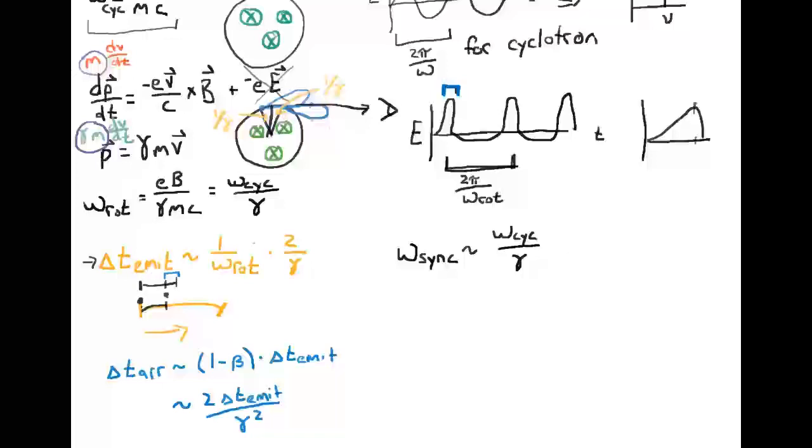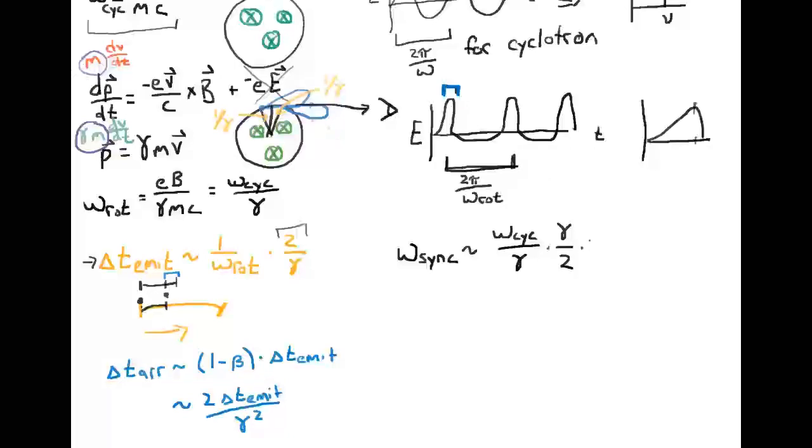But then the time interval over which it was emitted had a factor of 2 over gamma, which means that in frequency, which is inverse to time, we pick up a factor of gamma over 2, which comes from the fact that we just see the electron emitting for a short fraction of its total rotation time due to relativistic